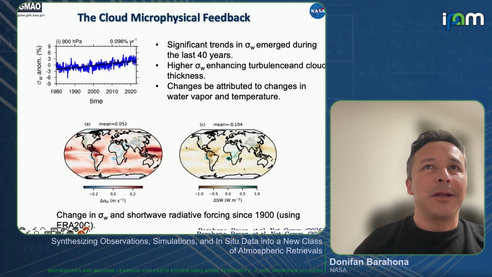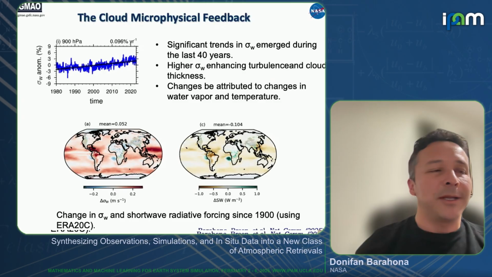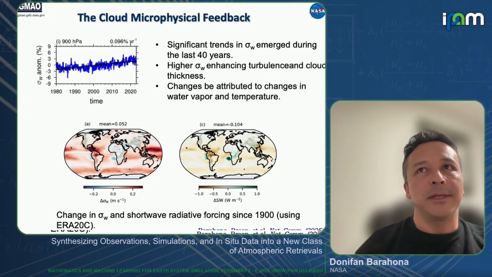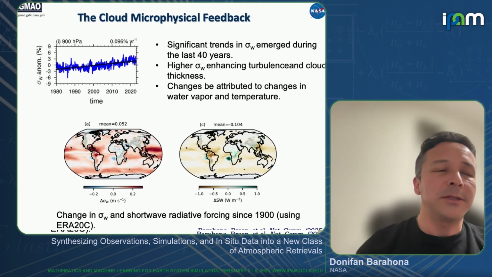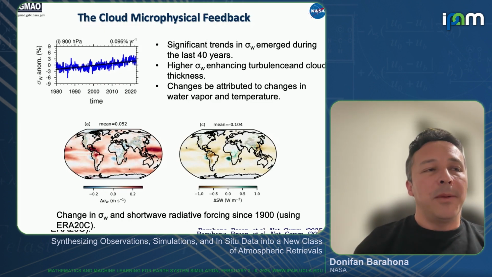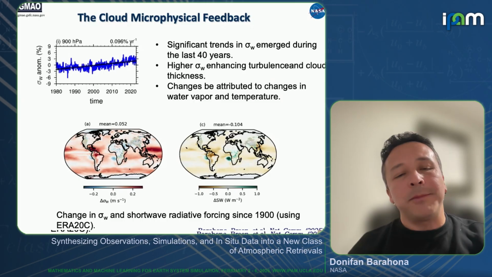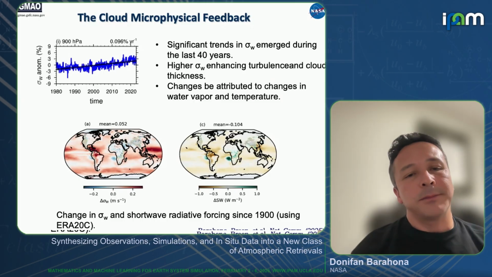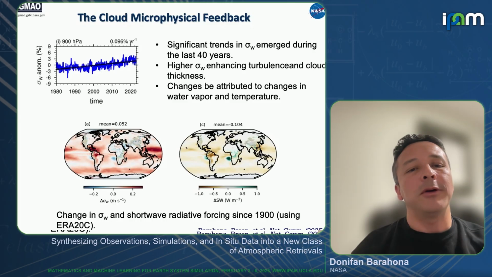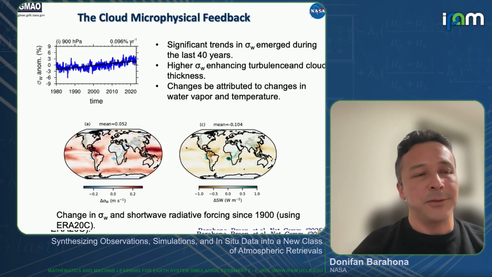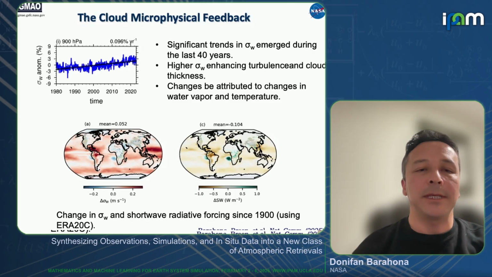And this, we did a lot of analysis with Shapley and other things, and we can actually attribute this to changes in water vapor and temperature. So what I'm trying to say here is that the long-term climate change is also changing the smaller scale, and that is getting a feedback into climate. So it goes both ways. Not only the aerosol and all of that is changing climate, also the climate is getting back to it.